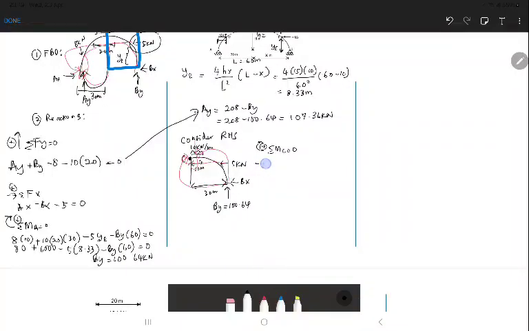So minus 100.64, this one, minus 100 times 30 plus Bx, clockwise, plus Bx times 15. In this equation 15,